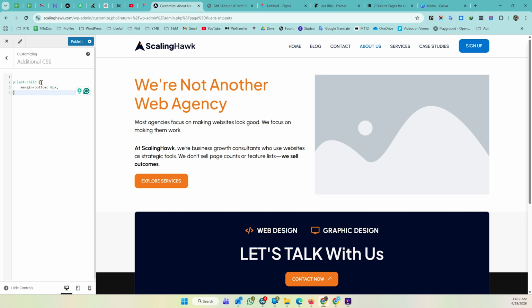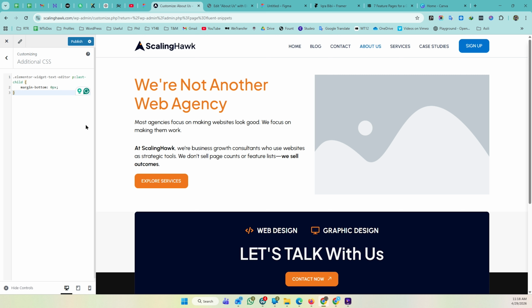But here I want to give you a quick note. If you are working on an existing website and you have already styled your paragraphs a certain way, applying this globally might affect other parts of your design. So if you are unsure, stick with the Elementor specific version, which is the safer option and targets only the text editor widget. Both versions of the code will be available in the first comment below, so you can just copy and paste.